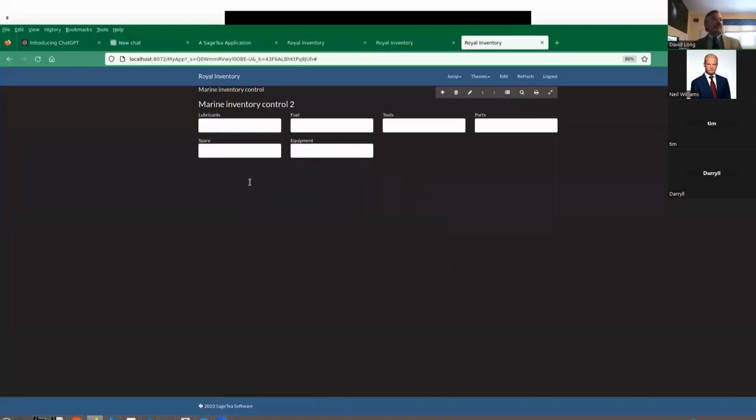Okay, so it extracted the words lubricants, fuel, tools, parts, spares, and equipment from the question that I asked about how you would do inventory management on a ship. Produced the text, we read it into text to software, and now it's produced this form. Now I know there's just 5 fields here, but this is just to give you the idea